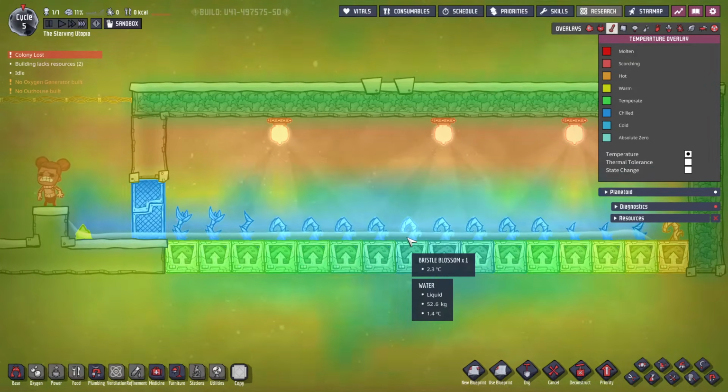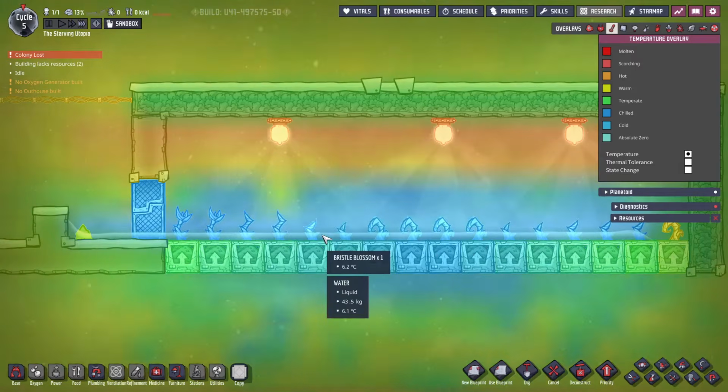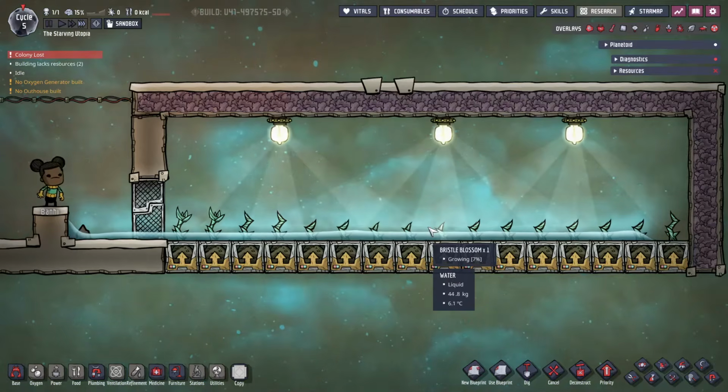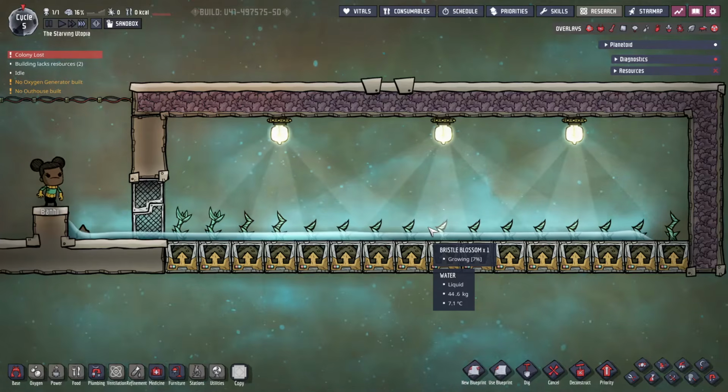And as you can see, the ice has temporarily overcooled the plants, but will quickly stabilise. All we do now is wait for the water temperature to reach the room temperature, and later on we can mop it up when it's equalised. Only one temp shift plate has some serious cooling power, but this is only a temporary or one-off fix. For more permanent cooling, let's look at the next three methods.